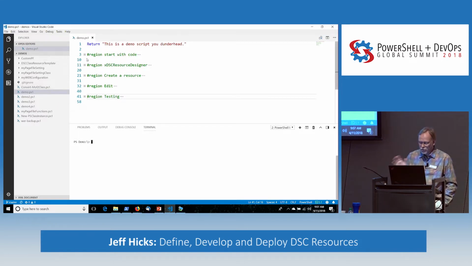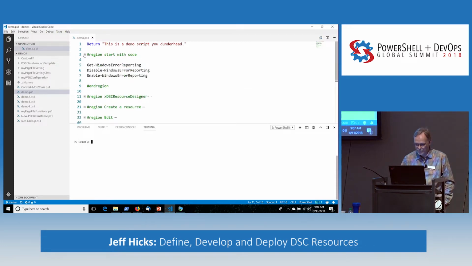Okay, so we're going to start with something really, really simple. And I would say, start with the code. So let's say that I want to be able to use the Get-WindowsErrorReporting cmdlet. And what this does,